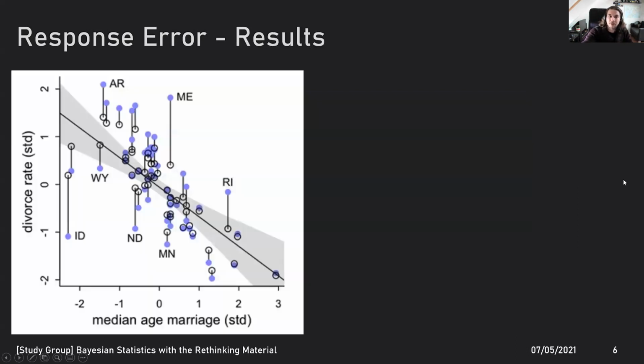So once we run this model, we get this kind of result. And already we see some very familiar things here. First of all, here are our observed divorce rates, in this case for